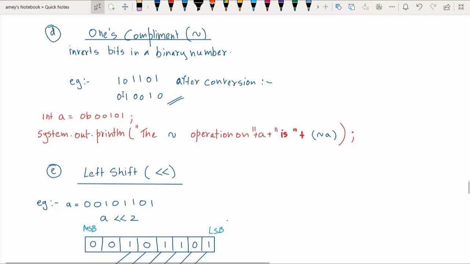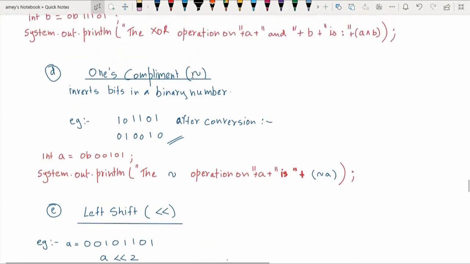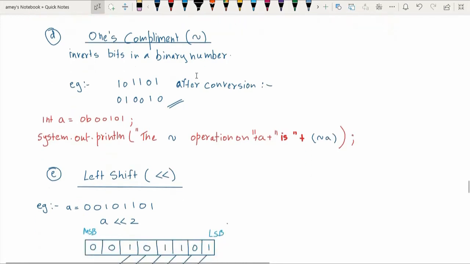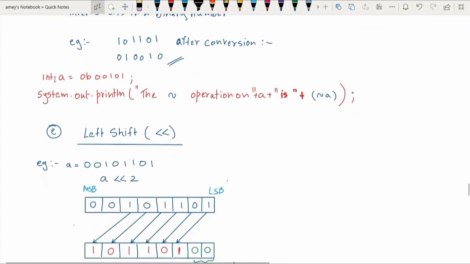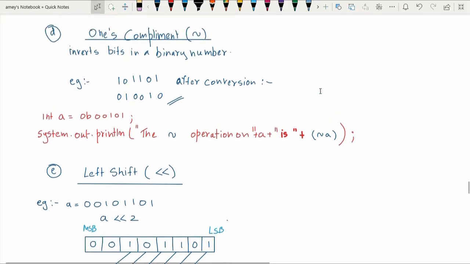So this is basically called your ones complement, and the ones complement notation is the tilde symbol on the keyboard, right? So suppose this is a binary integer that is given to us, then you can perform the bitwise ones complement operation by using this particular notation.